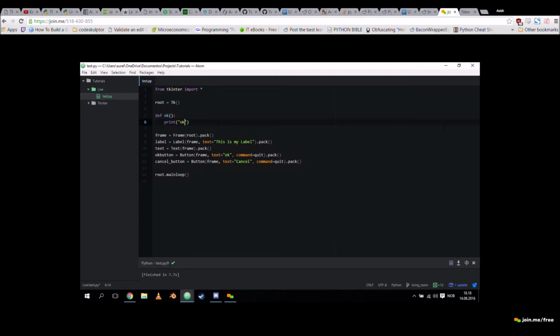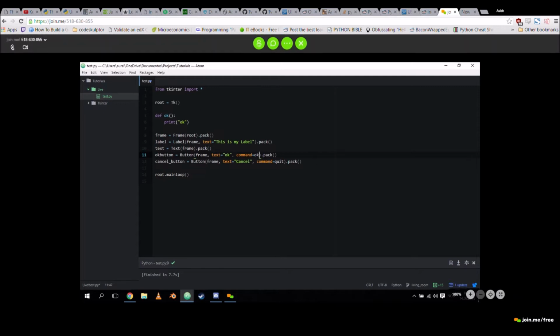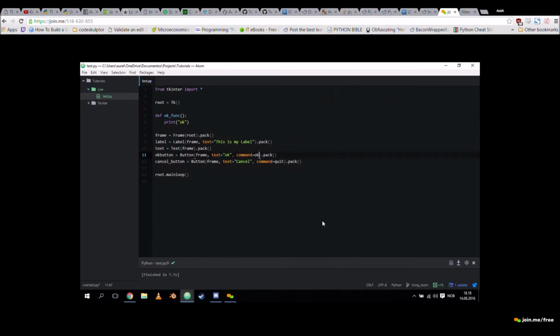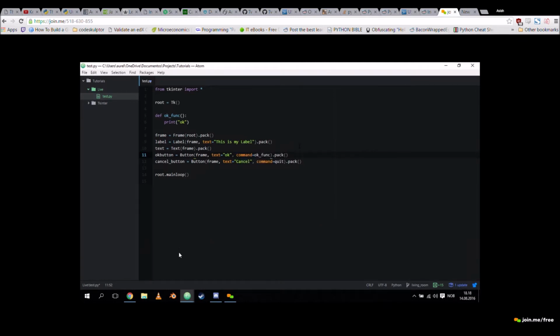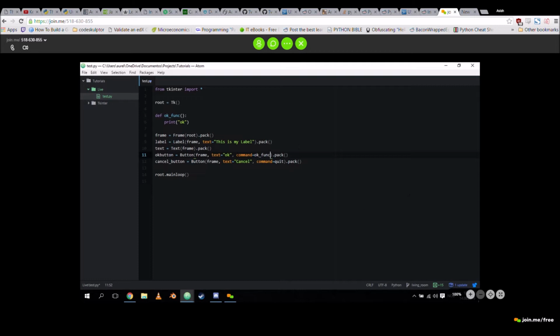So that function should be pretty straightforward, right? It's an OK function. I simply put it in here. Okay, so that looks a little bit weird. Let's do this. There, explicit is better. So the OK function is triggered by the OK button, and it prints OK.